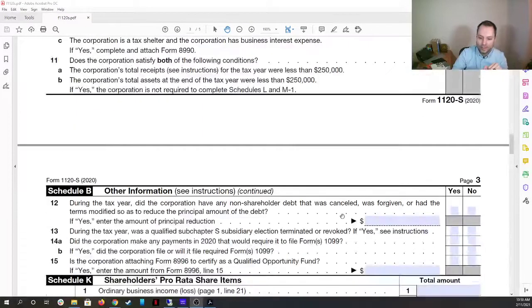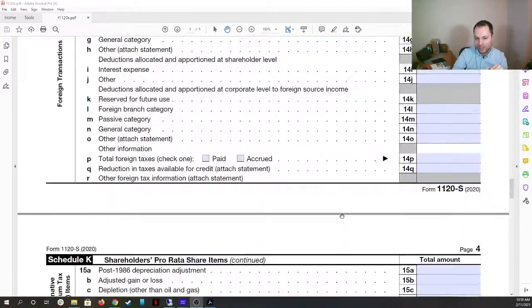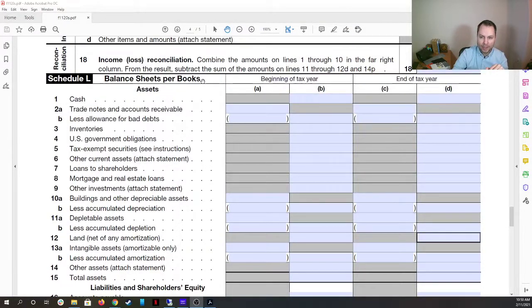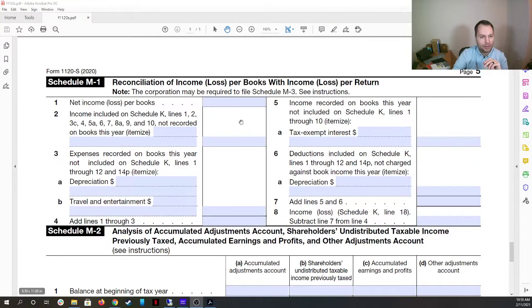If it is a no, then you would fill out, we'll pass this one real quick, you would fill out this here. This would be filled out. So this is a book balance sheet. And then if you come down here, this is going to be a reconciliation from what your book accounting net book, or net profit, is, plus any tax adjustments, and this should equal your tax net profit. So this line here should equal